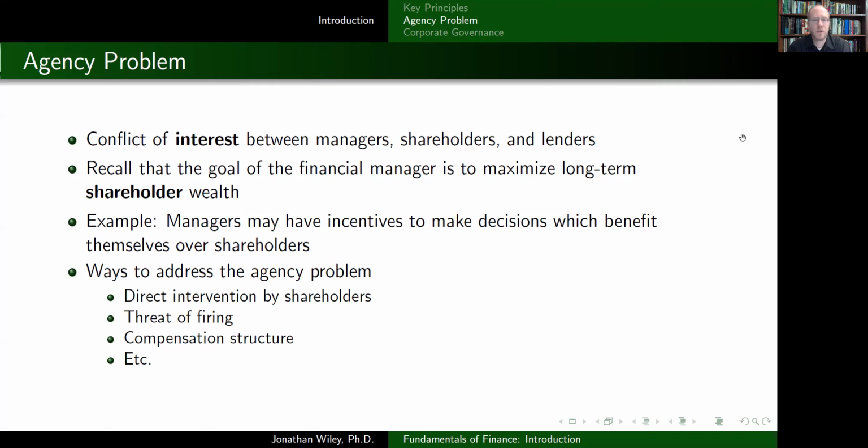It's also possible to work on the compensation structure associated with the managers and try to adjust it. So back to my example, instead of compensating based upon the number of units sold, maybe we can compensate based on the profits earned by the company. But even that has some issues. Let's talk about that briefly, hopefully conveying the idea of how this can get challenging. So if the company is going to give the manager or CEO a bonus for hitting a